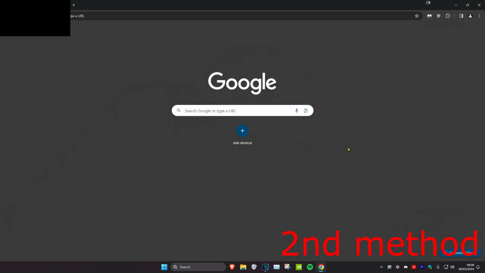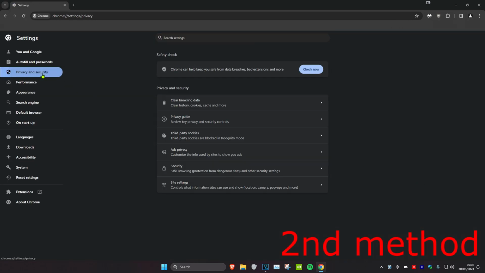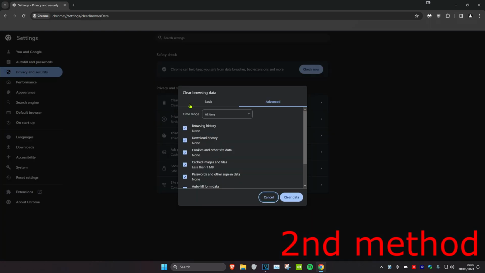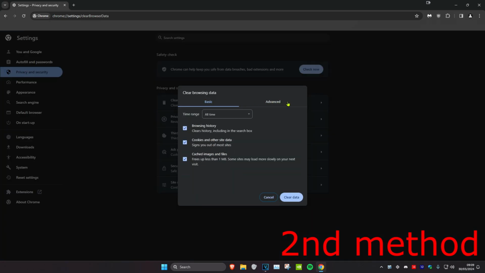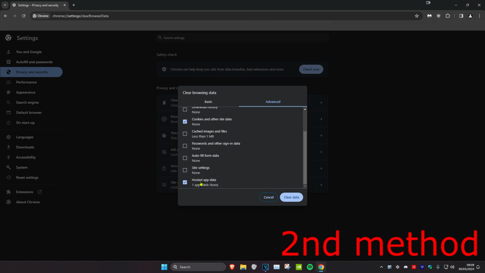Now for the second method, you want to head over to the web browser where you're trying to access ChatGPT from. You want to click on the three dots and then click on settings and then click on privacy and security. Now you want to click on clear browsing data. And then you want to head over to the advanced tab and then make the time range all time. And then you want to make sure that cookies and other site data has been selected and then click on